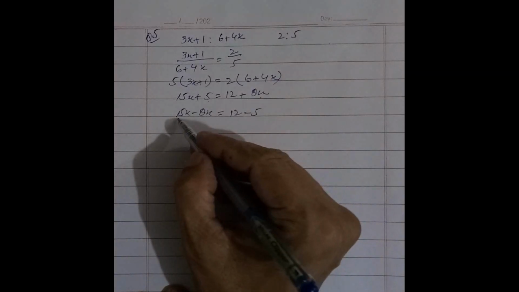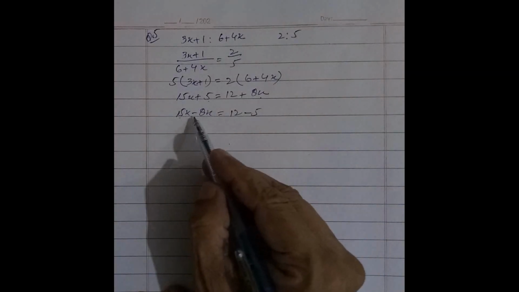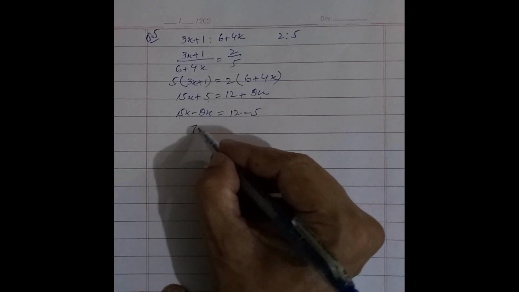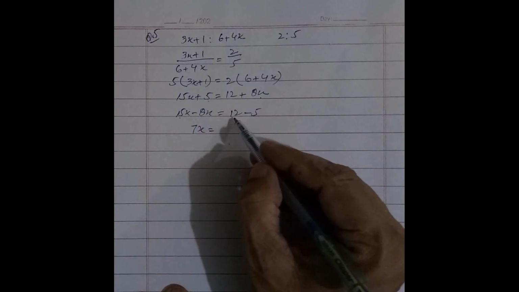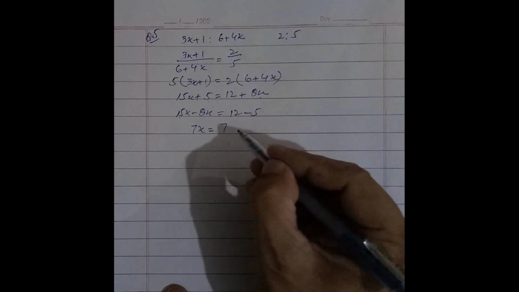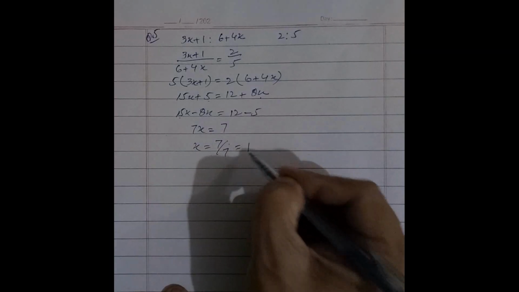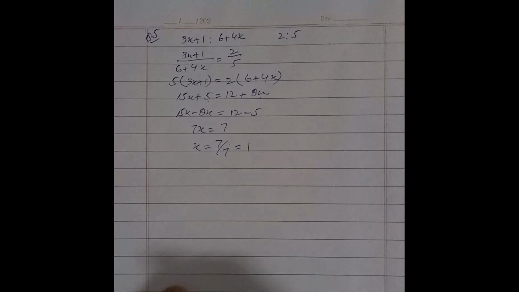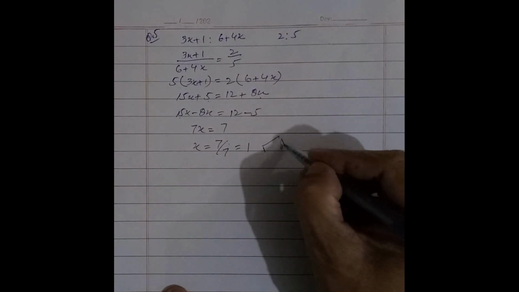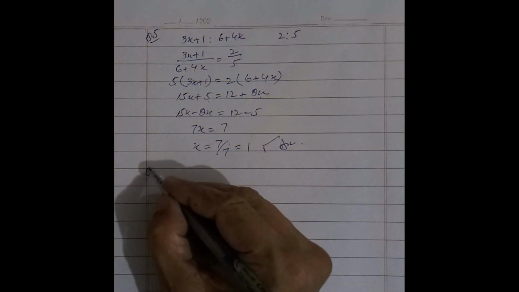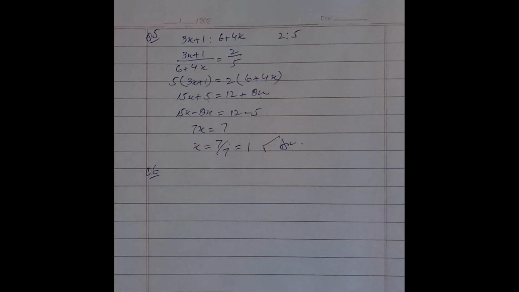Simplify these values. 15x minus 8x we get 7x is equal to 12 minus 5 we get 7, and x is equal to 7 over 7, which is equal to 1. So the value of x is 1. The question 6 is